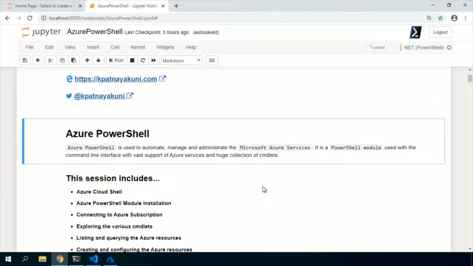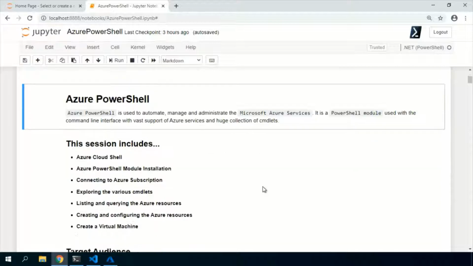I'll talk about the Azure subscriptions, how to connect to the subscriptions, and then exploring the various commandlets, and also listing and querying the Azure resources using the PowerShell commandlets, also creating and configuring the Azure resources. And finally, I'll conclude this session by creating a brand new virtual machine.